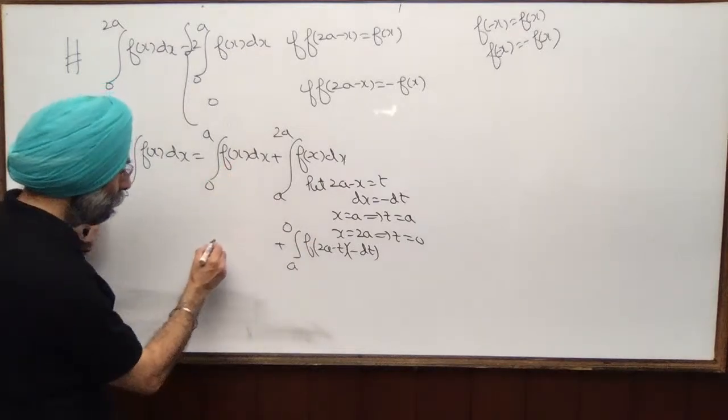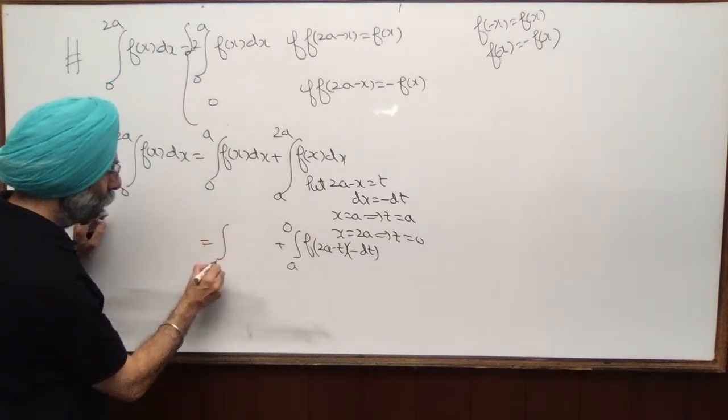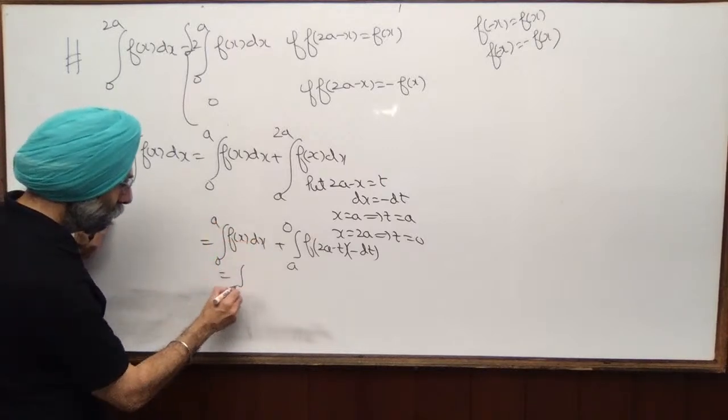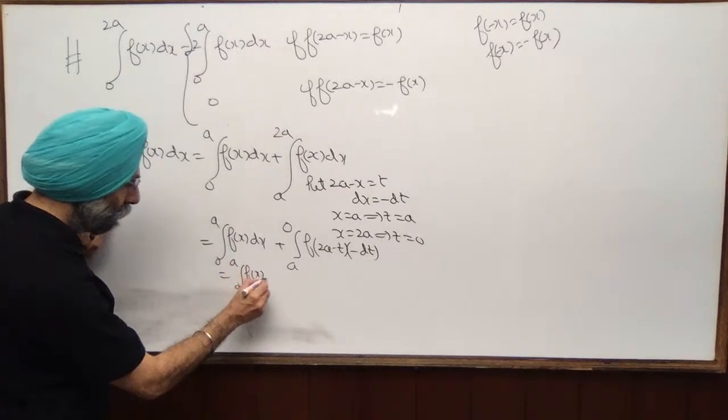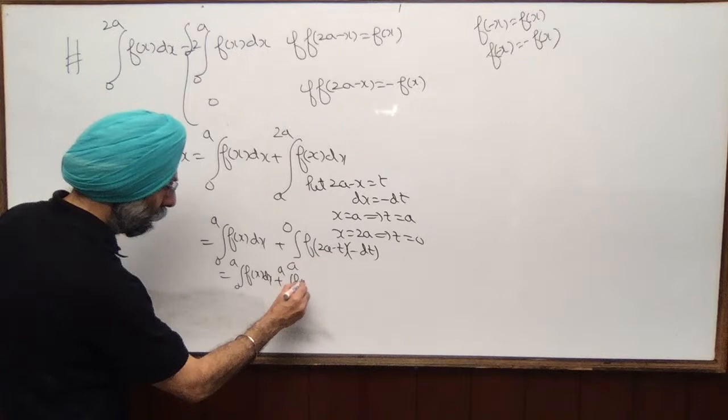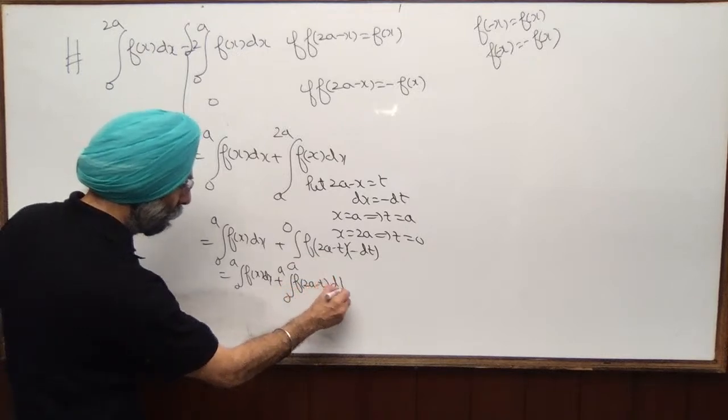So this चीज़ साडे कोल already carry forward हो रही है, the integral from 0 to a of f(x) dx. That means this is the integral from 0 to a of f(x) dx, absorb this negative sign, plus the integral from 0 to a of f of 2a minus t dt।